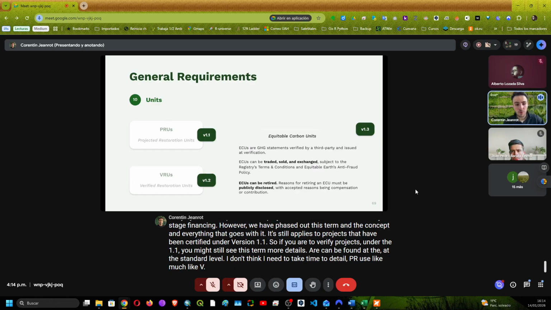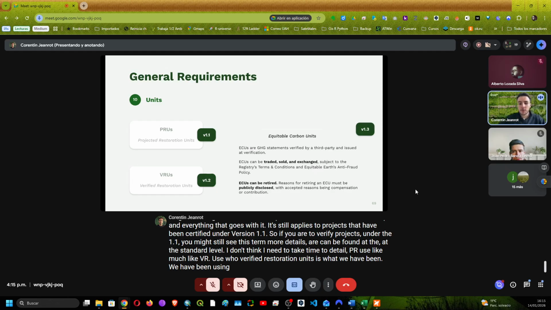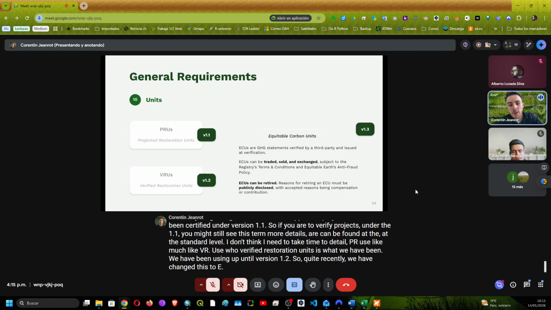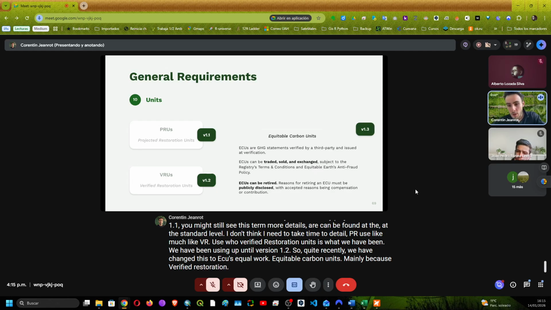Much like VRUs, verified restoration units, is what we have been using up until version 1.2. So quite recently, we have changed this to ECUs, equitable carbon units, mainly because verified restoration units was quite specific